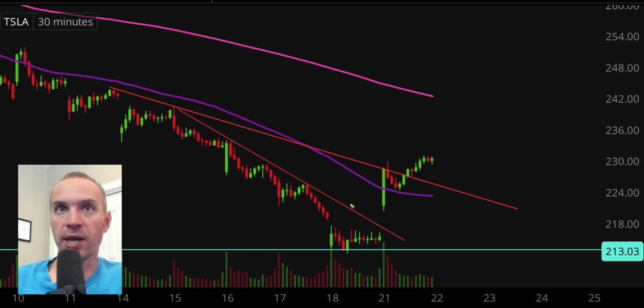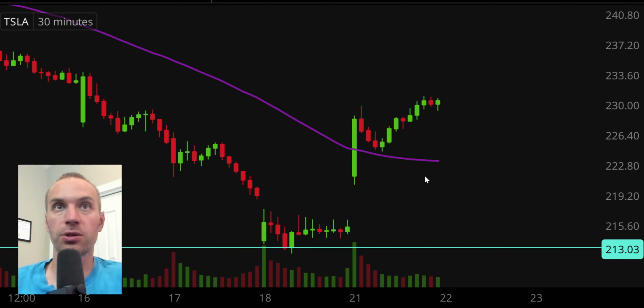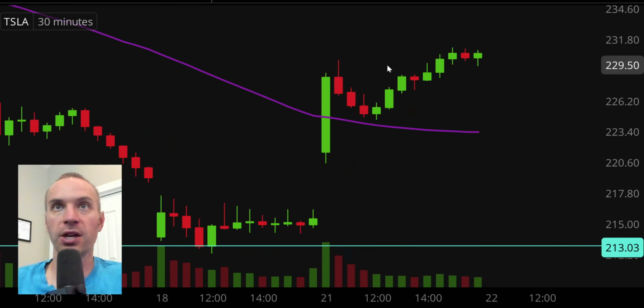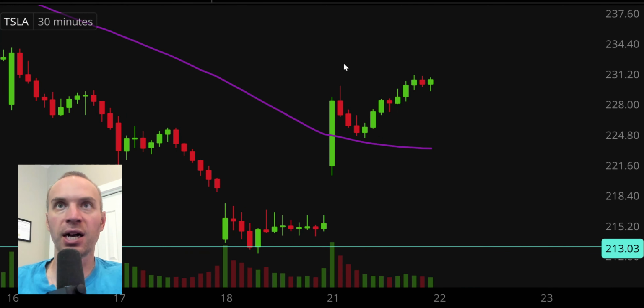were broken. So we got the break of that resistance trend line, got the break above the purple line there, the 50-period moving average, got the break of that resistance trend line. So this thing was just pushing through resistance trend lines all over the place today. So that is why I would call it more so a good day compared to just the fact that it was a green day. But overall, we'll zoom in here and take a closer look at things as we move forward. But like I said, good solid day, closing up near these highs. So, creates a good scenario headed into